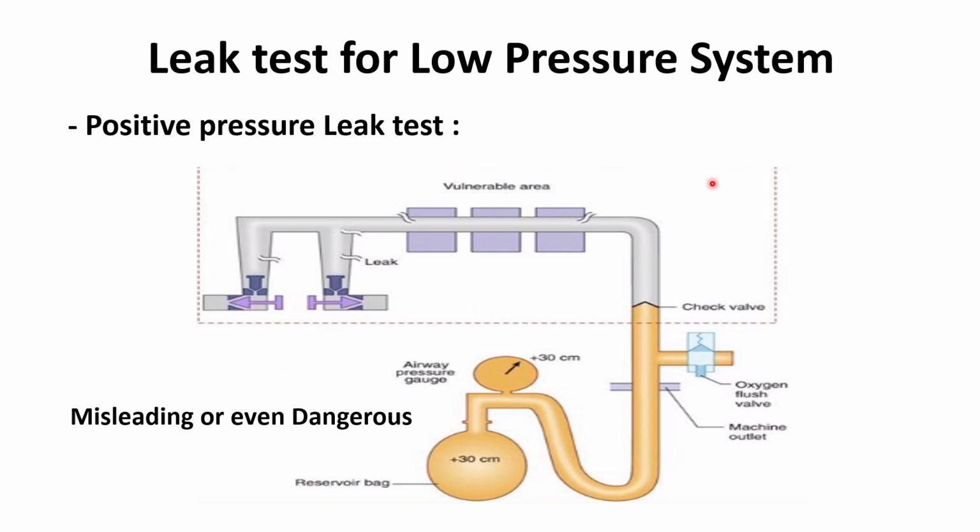Okay, so how do we perform the leak test for this low pressure system? We have two leak tests: the positive pressure test, which is used for old machines, and the negative pressure leak test, which is used for new and modern machines. In the positive pressure leak test,